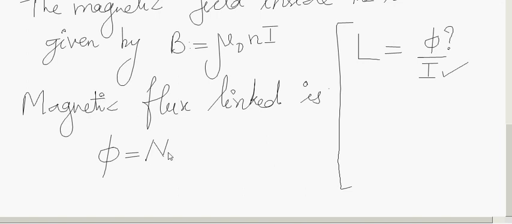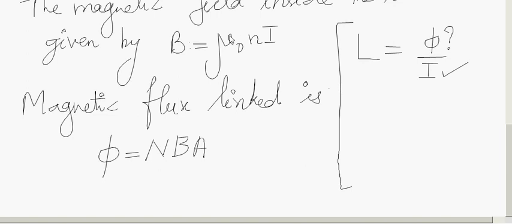total number of turns multiplied by B into A, N B A cos theta, and we know here the area vector and the field are parallel to each other, and theta becomes 0. So N B A cos 0, there is maximum flux linked with the coil. Phi is NBA. This also we have seen when we did the derivation to find the magnetic field in a solenoid when a current I is passed through it. You can refer to the previous class notes for details of finding phi. Phi is NBA.